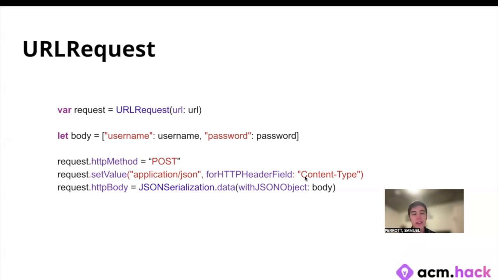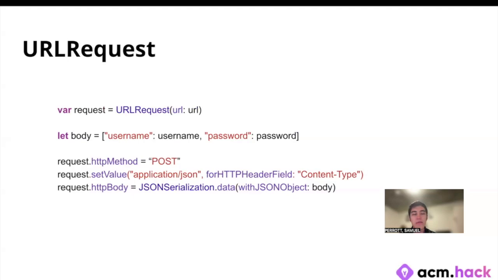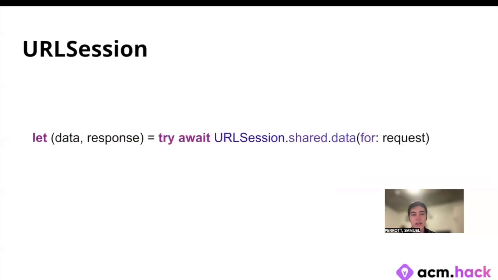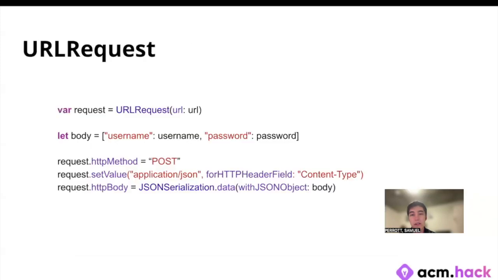And then you'll also pass in the body using the HTTP body field. And then once you've programmed your URL request, like we have here, over here, it was just .shared.data